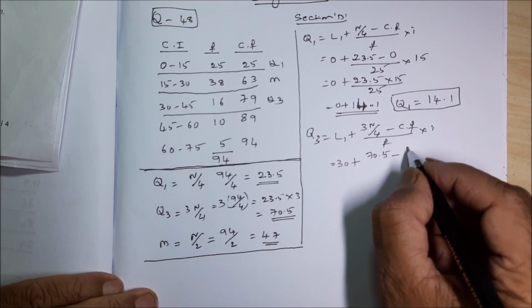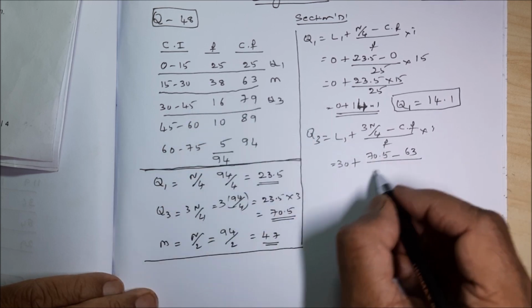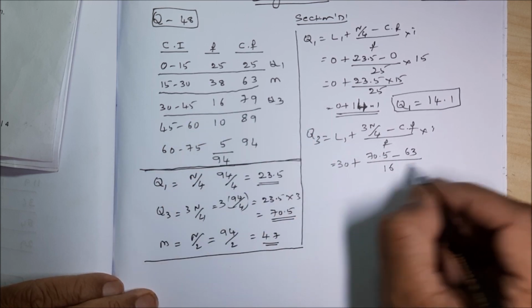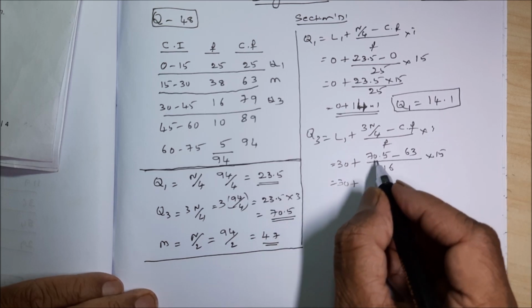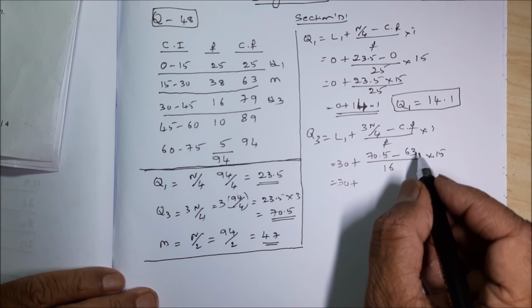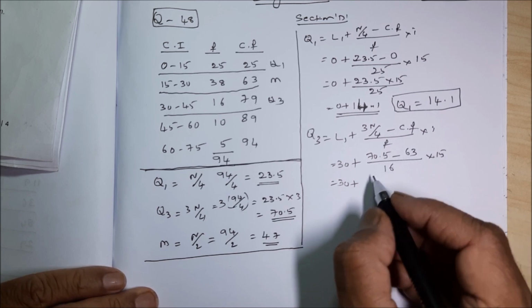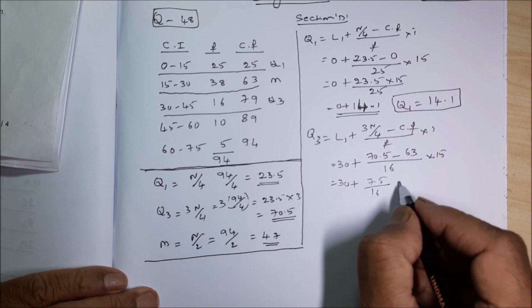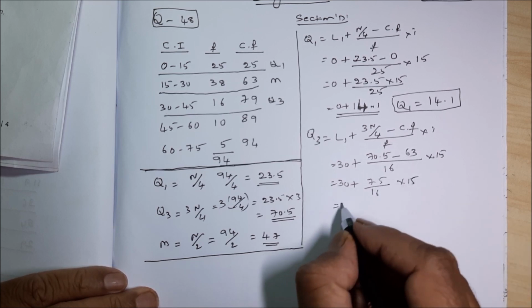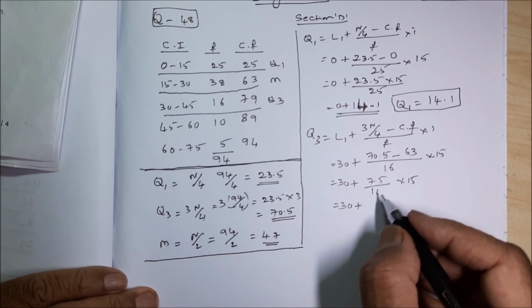It is 63 divided by F. F is how much actually? 16 into 15. So 30 plus 70.5 minus 63 is how much? 70.5 minus 63 is 7.5, divided by 16 into 15. So 30 plus 7.5 into 15, I hope it comes to